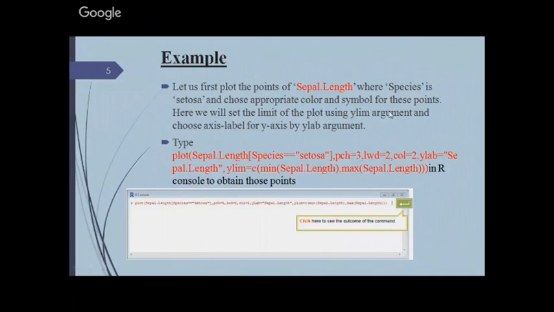Then the next argument, pch equals 3. You can plot a particular point using a particular symbol. Then line width equals 2. The color for plotting the points and lines is 2. We have done all this in the earlier slides, so I am simply using all those attributes. The new attribute that we are using is this one, how to specify a condition. Y label equals